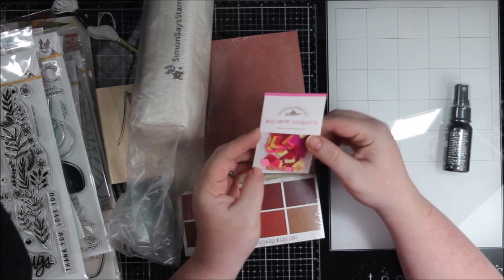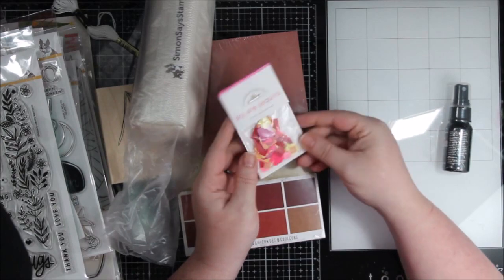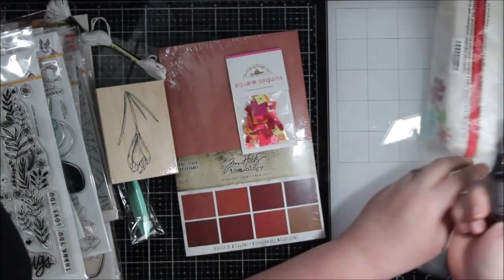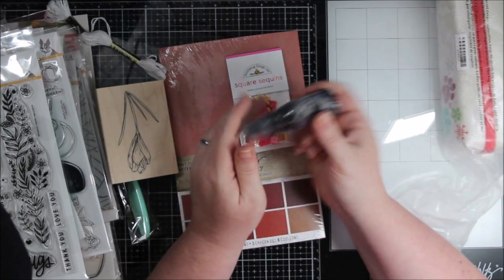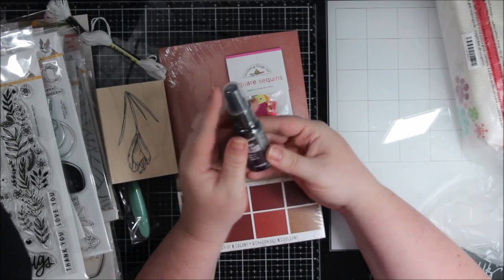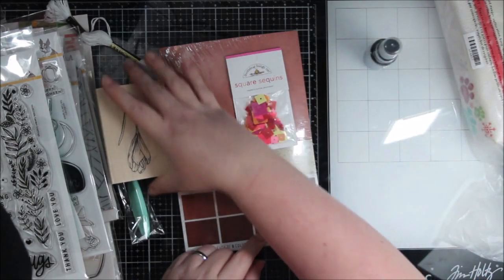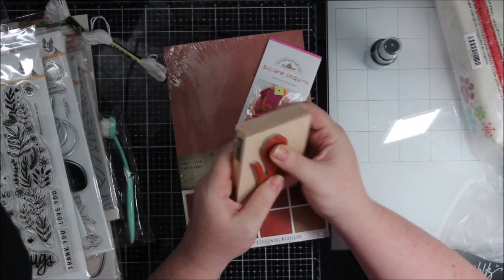These were the Raspberry Sunrise, and I have never seen the squares, but in the back it says it contains 4 shapes and an assortment of 12 colors in matte, clear, and opalescent finishes. So that's pretty cool. Then there was a bottle of Distress Spray Stain in Black Soot, so probably the best color you could get. And I don't have this, so I was really excited to see it,